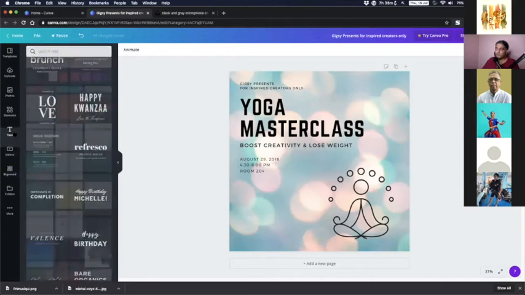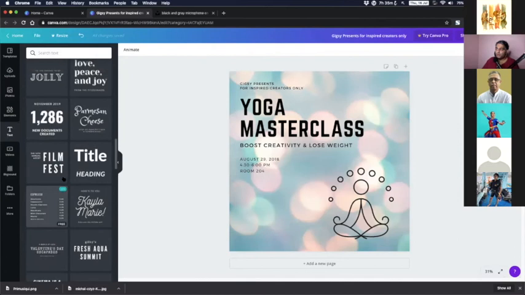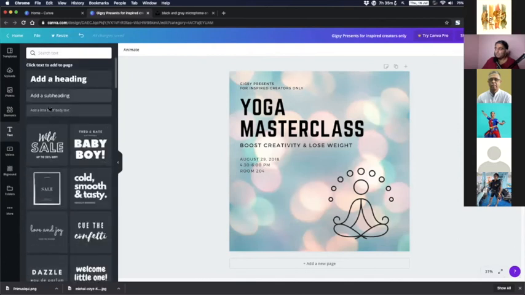Now let's say that I wanted to add an RSVP. So I'm going to go back to text. Instead of choosing the thing here, I'm going to scroll up to the top and add a subheading. Whoops, that seems to be too big. So I click on undo. I'm going to add a little bit of body text and I'm going to say RSVP, Vikram,